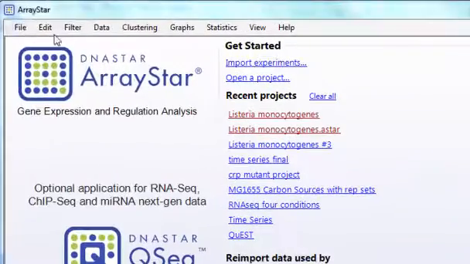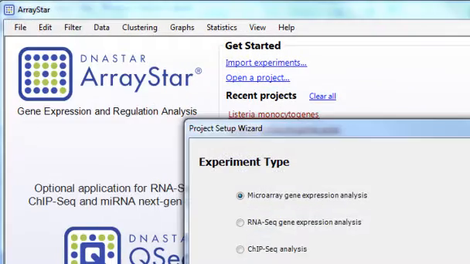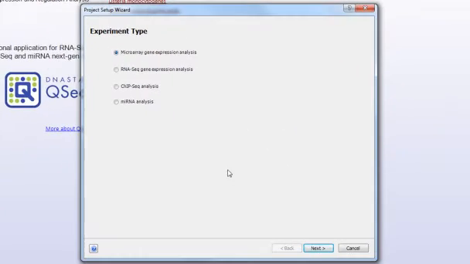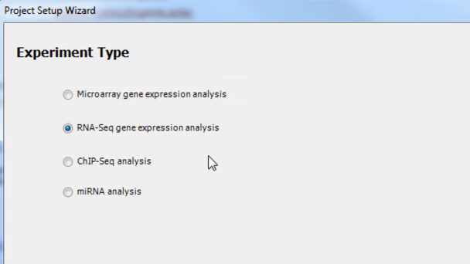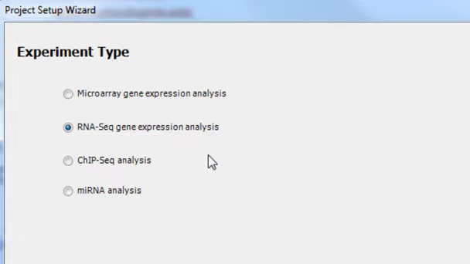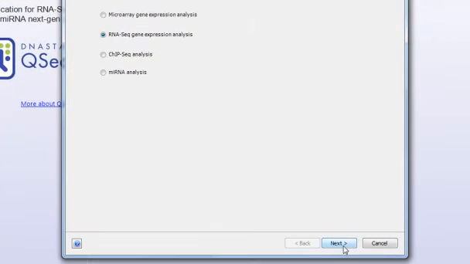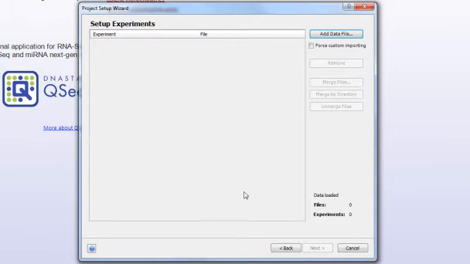So to do that, click on File, Import Experiments, and that brings up the Project Setup Wizard window. Now notice that there are 4 different experiment types here. So we want to make sure and select RNA-seq gene expression analysis so that the default options and parameters are set up appropriately for us. Then click Next. And this is where we add our reads, and we can do this in a couple different